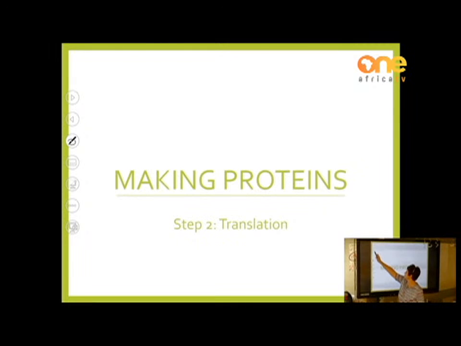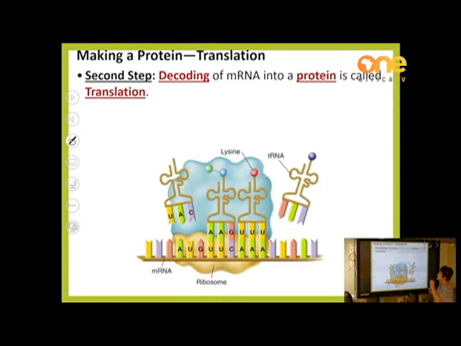So, let's quickly talk about translation again. The decoding of the mRNA: 3 bases of mRNA will attach to a tRNA. The tRNA is like hooking 3 specific nitrogenous bases, because this 3 had that amino acid attached to it. As this one is leaving, a next one can attach in the ribosome. And there I will then have a specific sequence of amino acids which will form a polypeptide